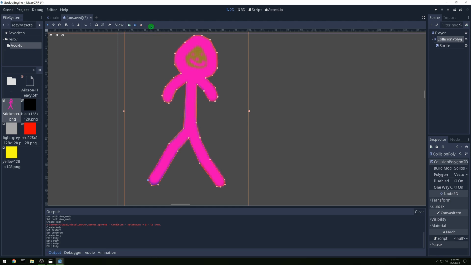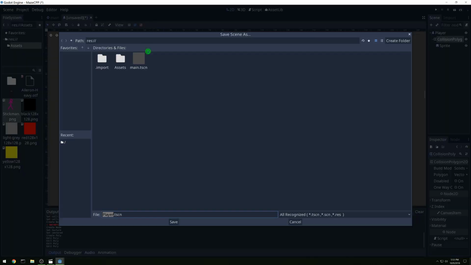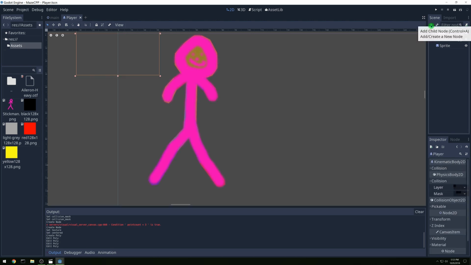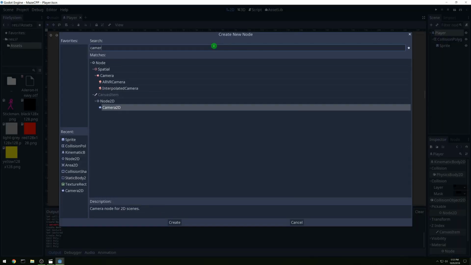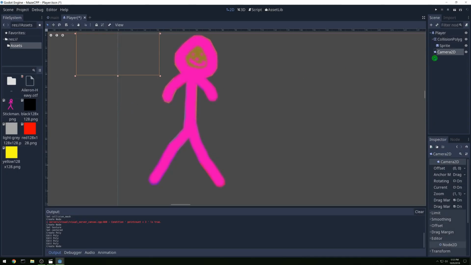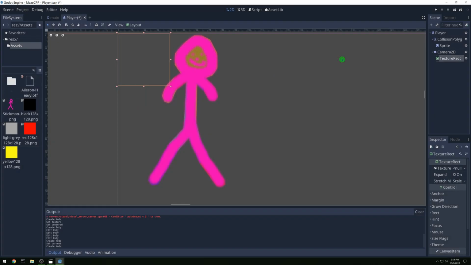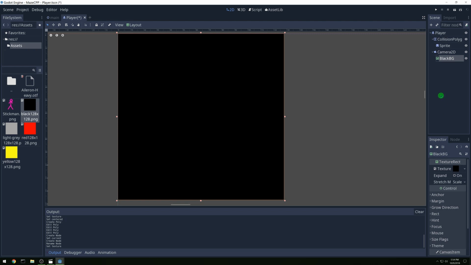So let's save this. That is our player scene. And we're going to add a camera to him also, so that the camera will just track the player. And then we're going to set the camera to current, so that it's the one that's actually being used. And then let's also add a texture rect. This is going to just be a black background. And we're going to drag the black over there, and we're going to tile it, and